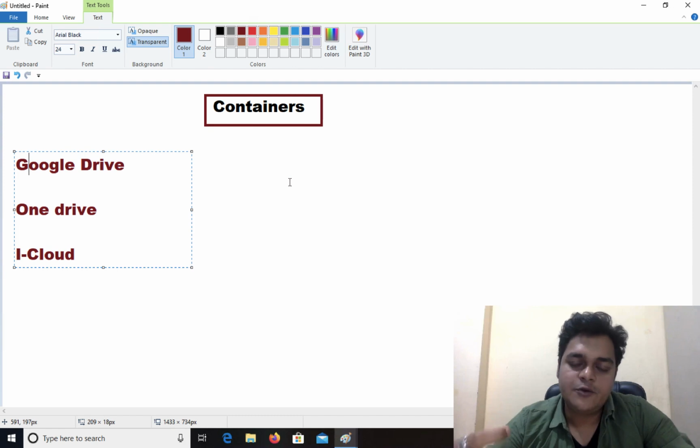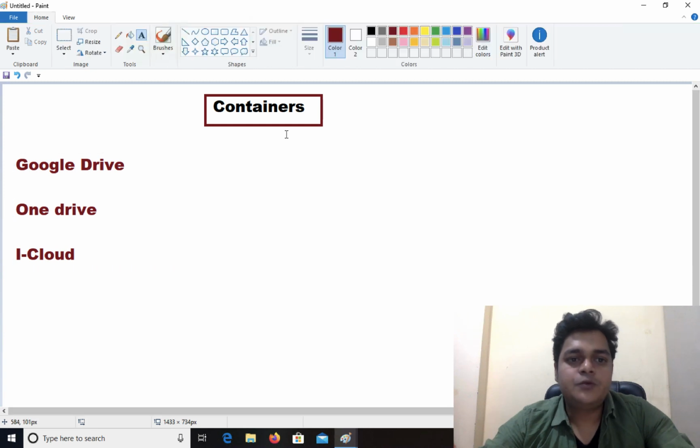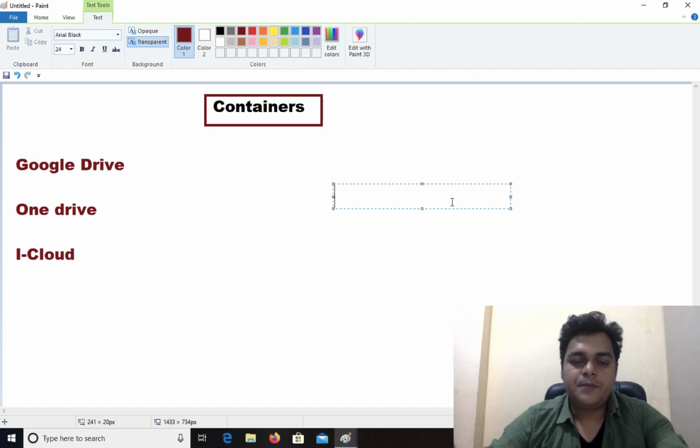If you upload only 5 gig of data, you pay only for 5 gig. So with the help of container services, you can upload any data under the container and share your data anywhere by using the URL.